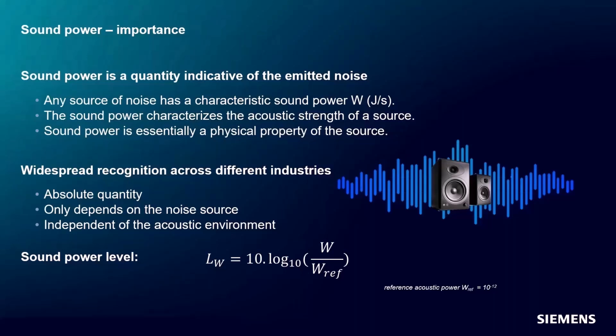The sound power level is a term related to the sound energy, but it has been normalized with respect to a reference quantity. It is converted into a log scale and is represented in terms of dB. So sound power level is expressed in terms of dB, and that reference sound power is 10 to the negative 12 watts. So whatever sound power we have, we will convert that into dB using this formula.